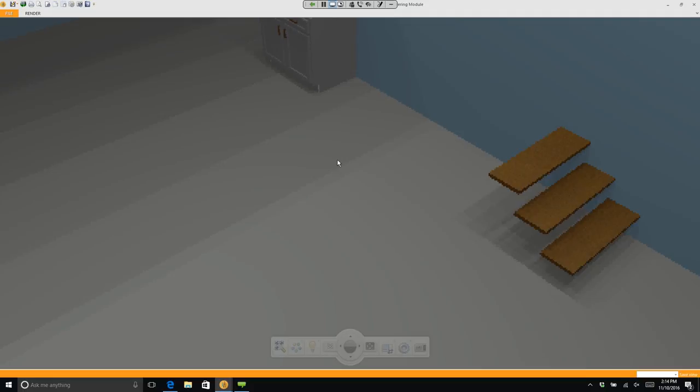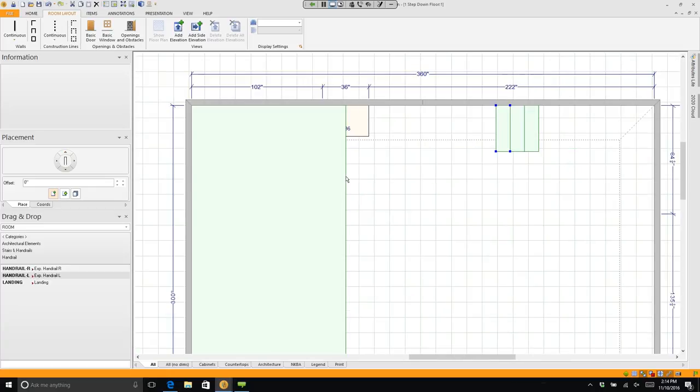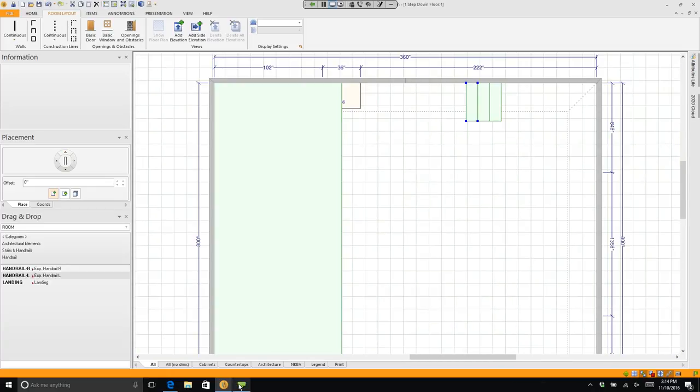Now we can add supports and rails and everything else that we need, but it's a quick way to lay out your room. Now again, this shape right here is the same shape as this shape that we used for the step up in the room. Let's come back to